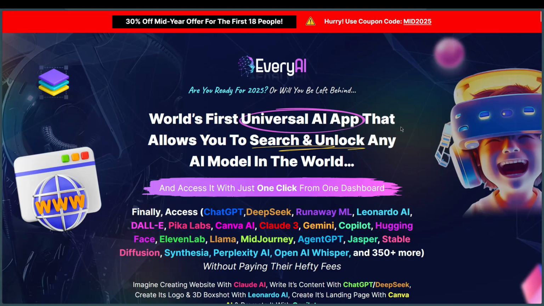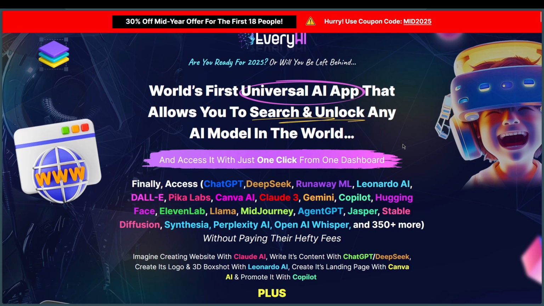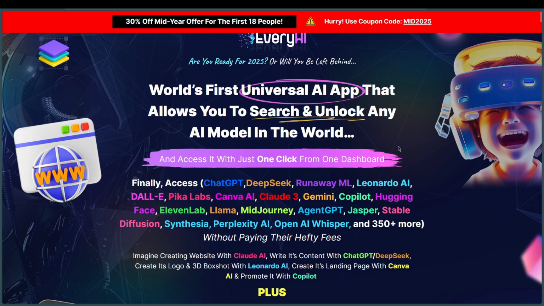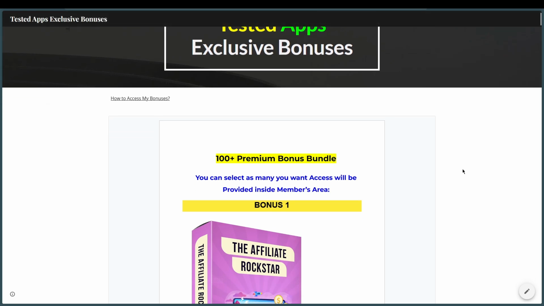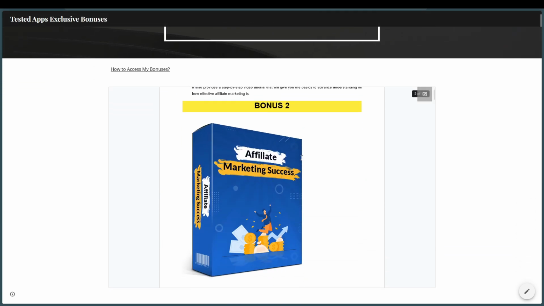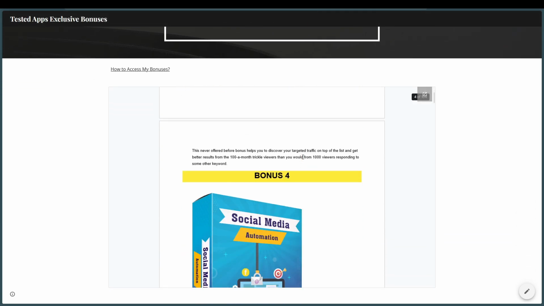Hi there. In this EveryAI review, I'm going to show you a tool that can help you access and use 350 plus premium AI models to create websites, videos, images, apps, avatars, chatbots, and way more, without paying any monthly fees. Stick around, because I'll also walk you through all the upgrades, OTOs, so you know exactly what you're getting